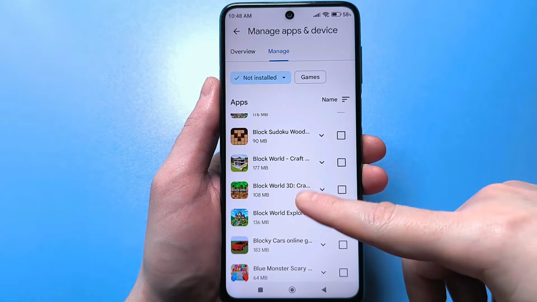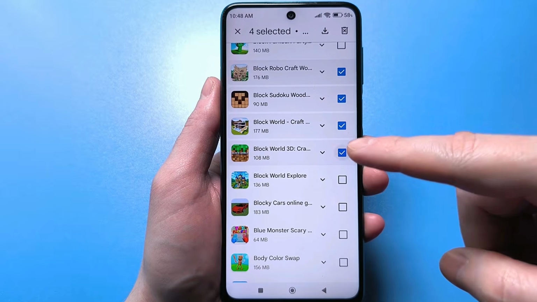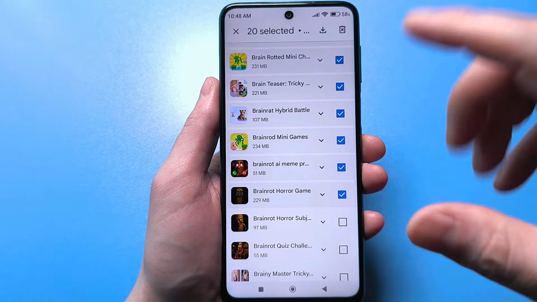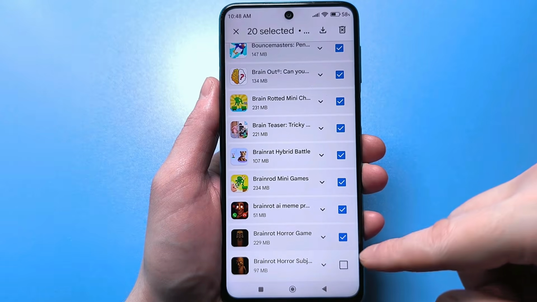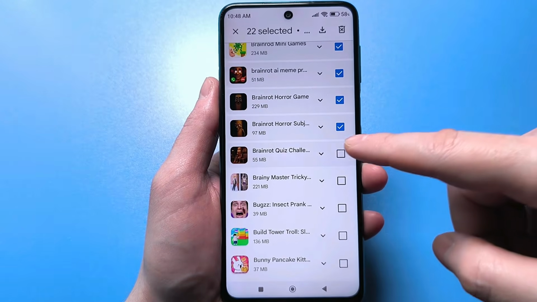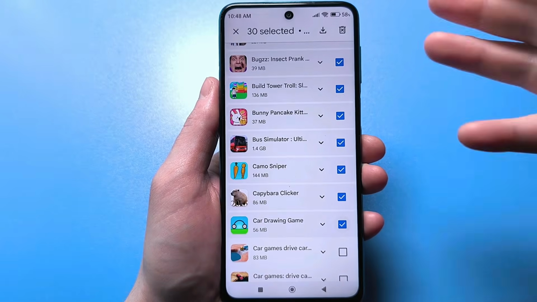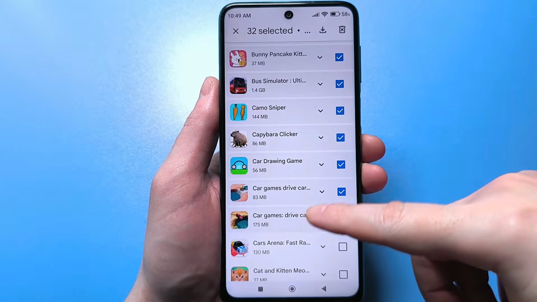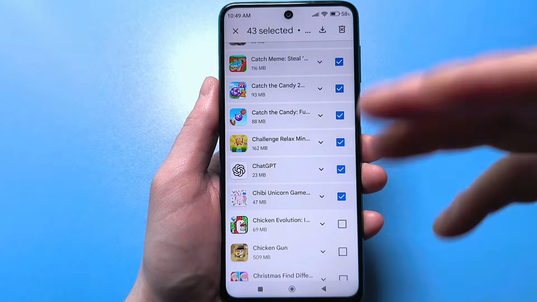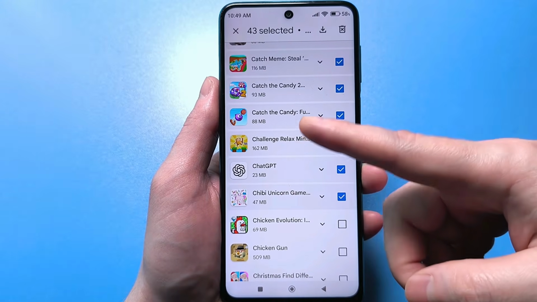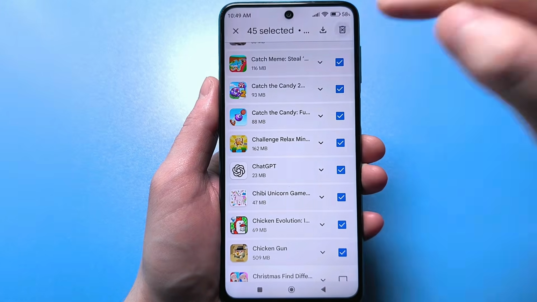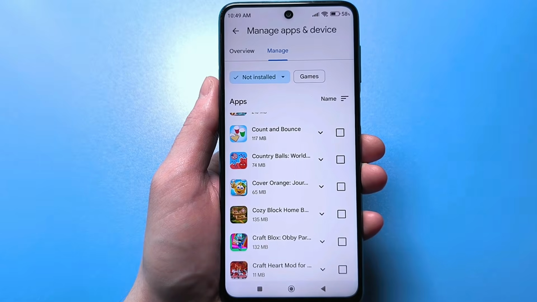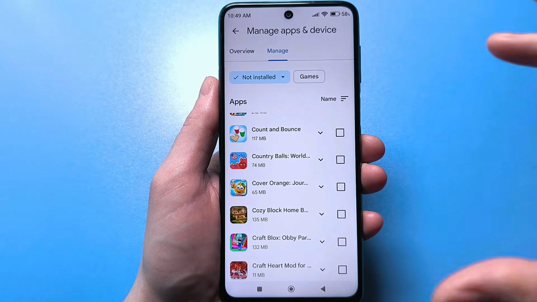And again, these are the apps you've already deleted. These are not the apps you currently have. So, just select everything. And you'll need to delete them all, because each of these apps is advertised by Google Play Market, and you can often see ads for the specific app you deleted. And that's because advertisers, of course, pay for such ads and want you to install the specific app you like. So, run through this list, because you're also losing additional storage on your device, and just click Delete. Of course, in some cases there could be 500, 600, or even 1,000 such apps. If you've downloaded and deleted them frequently,